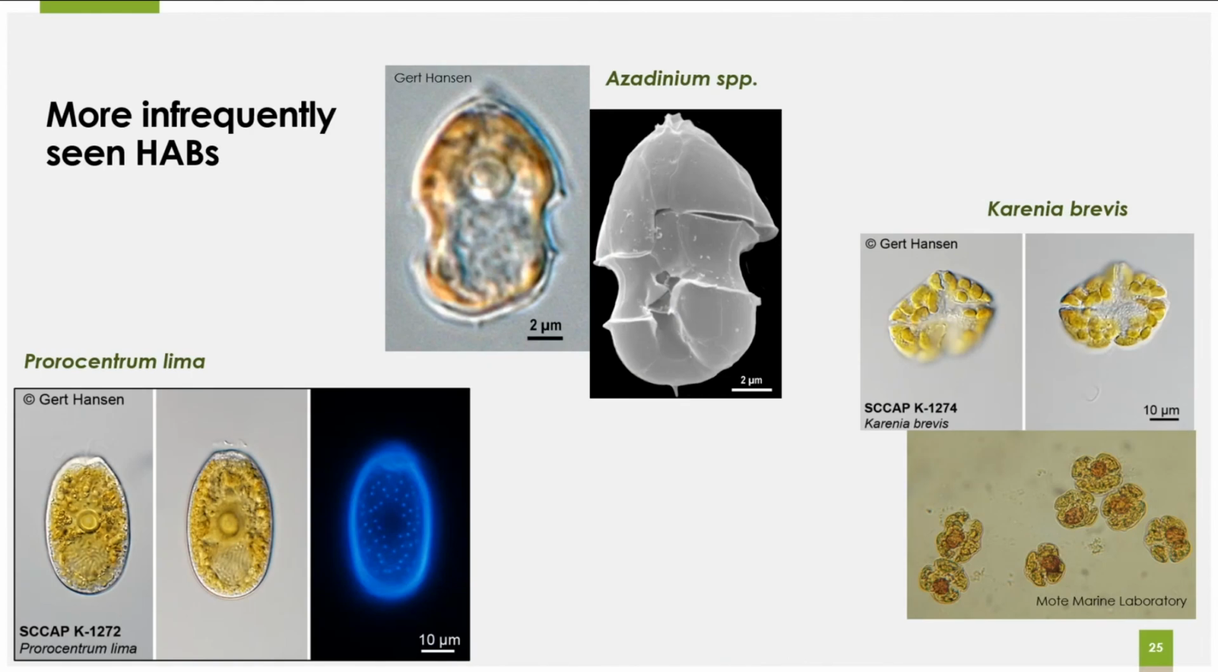And then lastly, we also monitor for Prorocentrum lima. You will see a lot of Prorocentrum micans, which is a sister species to Prorocentrum lima. Prorocentrum micans does not release toxin, whereas Prorocentrum lima does release toxin. Again, I